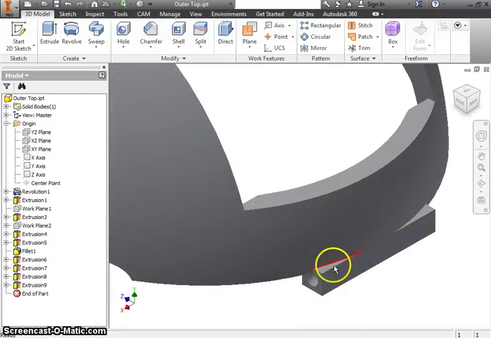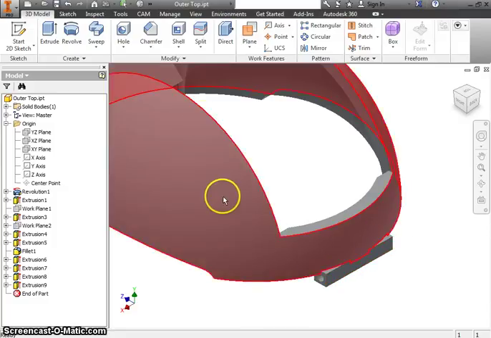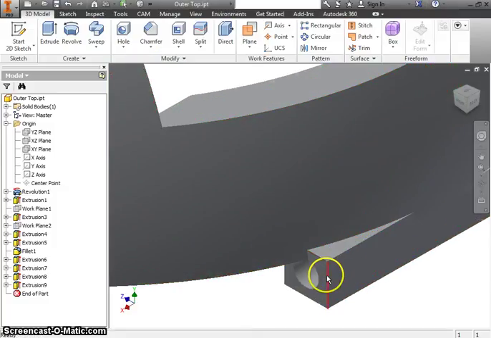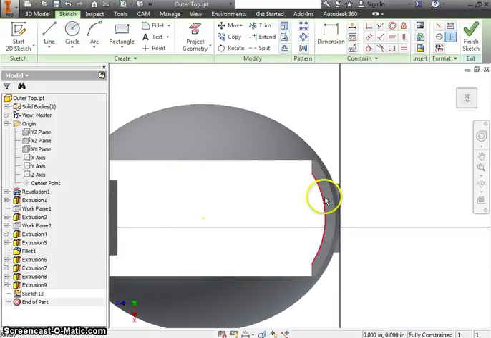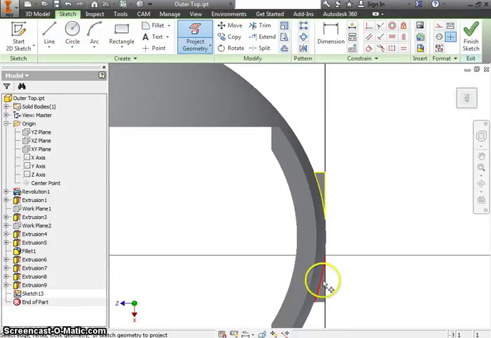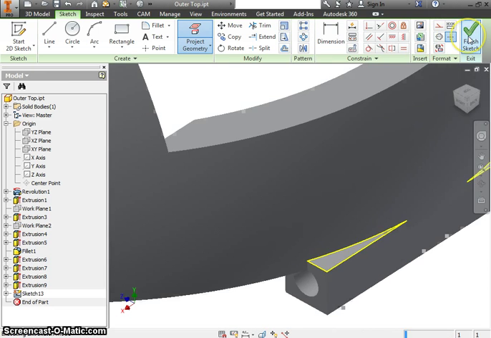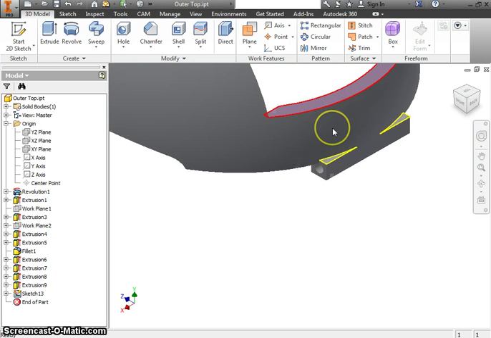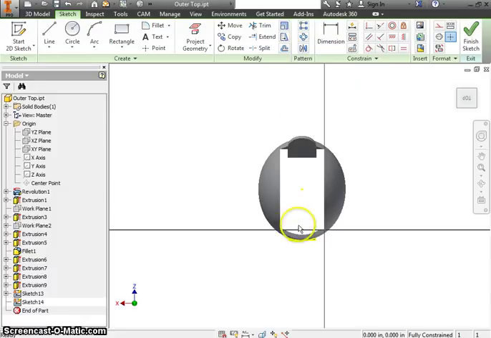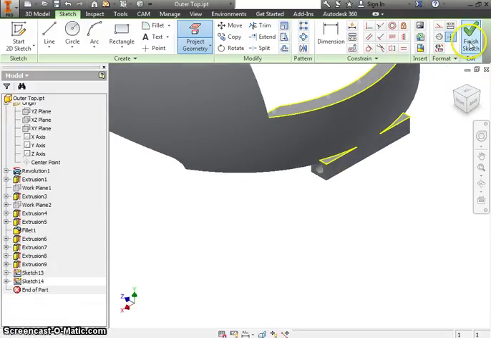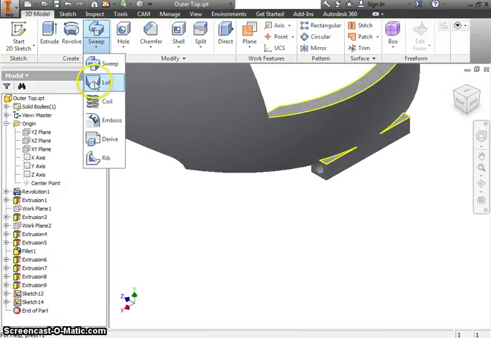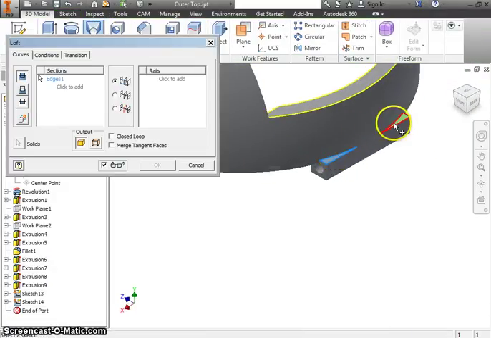And I think at this point, because those don't quite mesh up the way that I want it to, I'm going to make a new sketch here. On the top of this surface, I'm going to project the geometry. And I'm going to loft between that surface and